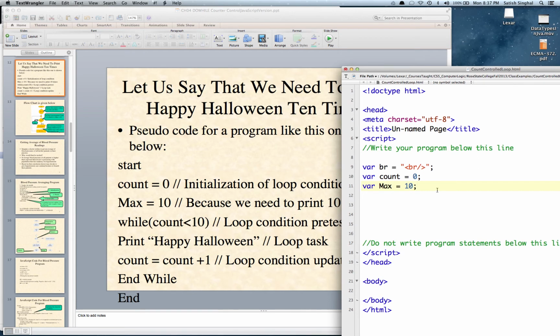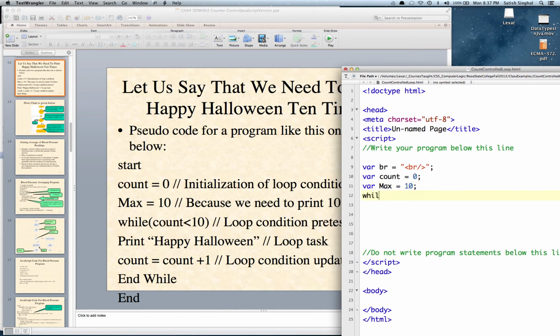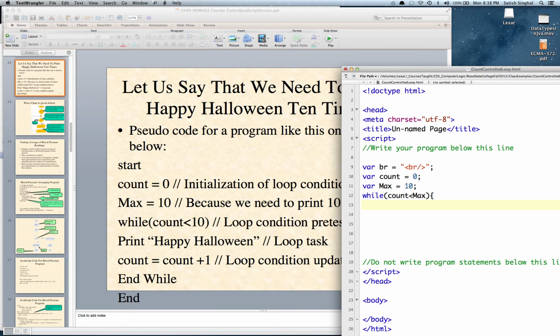This part is same in JavaScript and the pseudocode, while count is less than max, and this here should have been max because I already defined a variable for that. Left curly brace. Print in JavaScript is document.writeln Happy Halloween, and plus the line break, so they all come out on different lines. Okay, and then